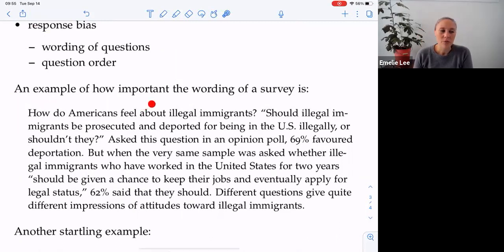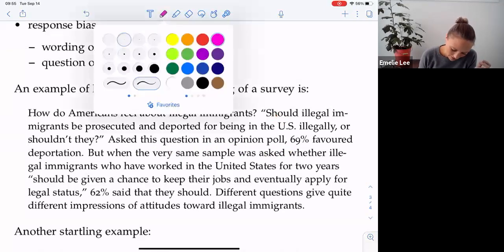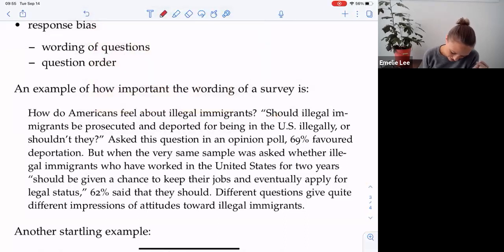A survey was trying to figure out, how do Americans feel about illegal immigrants? And so one of the questions was, should illegal immigrants be prosecuted and deported for being in the US illegally, or shouldn't they? That's a weird question to ask, right? That's a multi-part question in one, so bad, right? Asked this question in an opinion poll, 69% favored deportation, okay? But when the very same sample, and that's the kicker, right? So the exact same people,